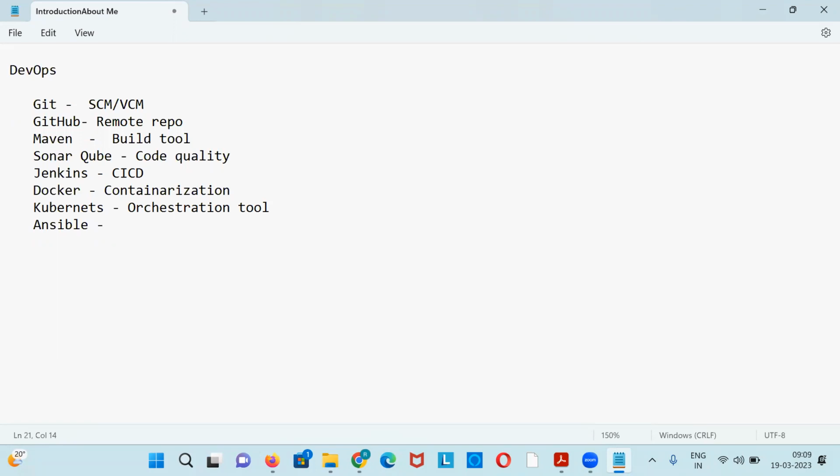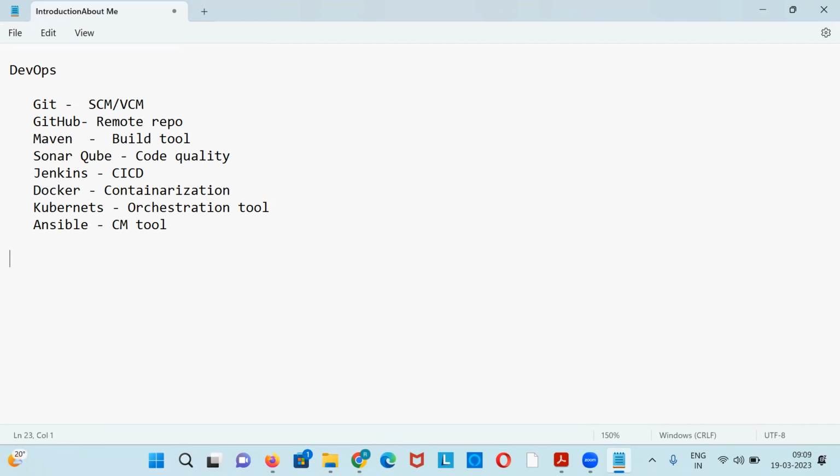That is where the configuration management tool, the CM tool, comes in. We are going to use Ansible. Earlier we had Puppet, Chef, and many others, but this is the best, widely used, agentless tool. This is what we are majorly discussing about DevOps: these are the tools we are going to discuss as part of our session.